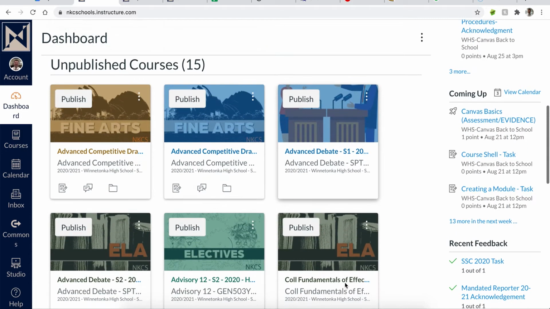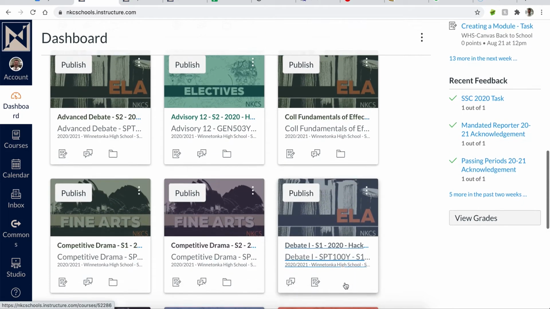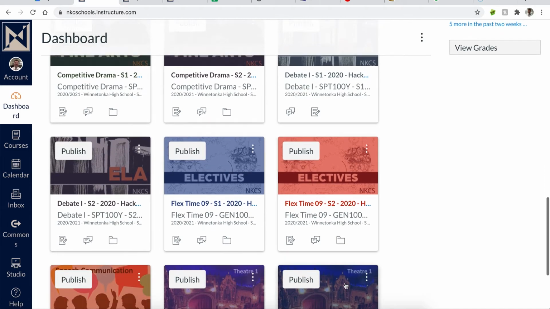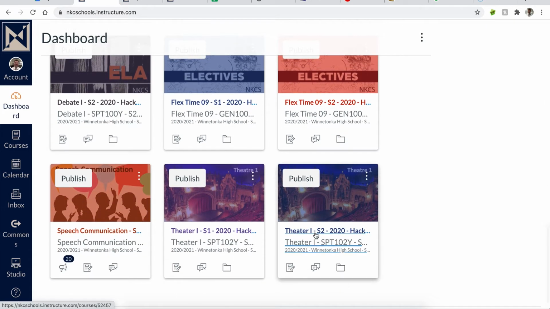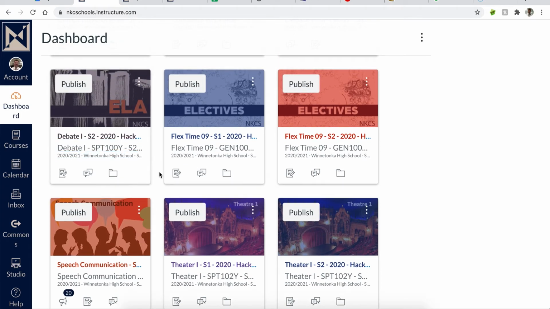I wanted to share with you the work that I've been doing building Canvas classes for students. As you can see, when you look at these course tiles, I've downloaded the course shells and applied them to the different courses. You can see that I've actually also made some individualized course icons. That way students will be able to easily identify and differentiate my classes from other courses in similar elective or